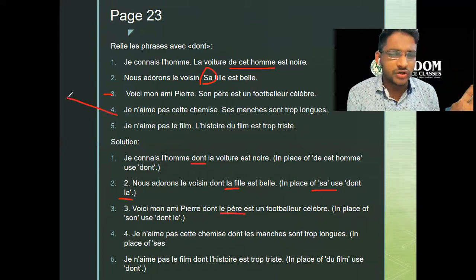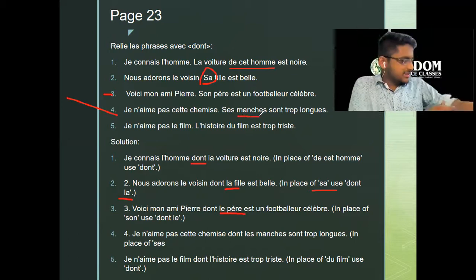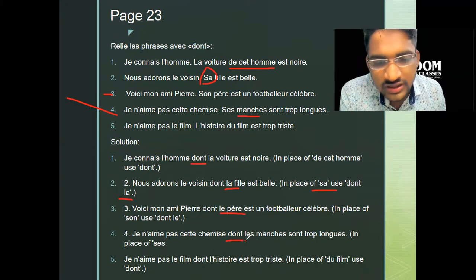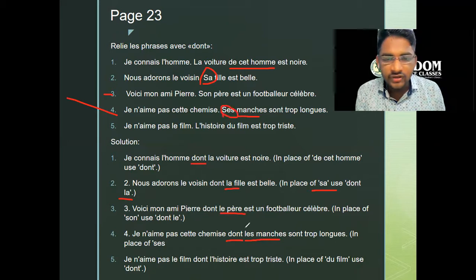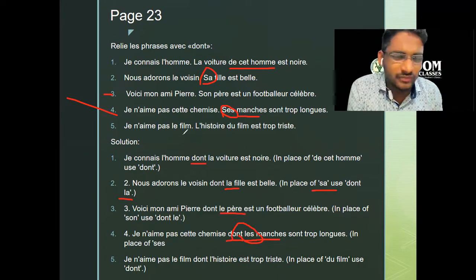I do not like this shirt। Ses manches sont trop longues, manche मतलब sleeves होता है, its sleeves are very long, so I do not like this shirt of whose the sleeves are very long। देखो वापस से स्टूडेंट्स एडजेक्टिव पॉसेसिव changes to definite article। Okay बच्चे लोग, great। Je n'aime pas le film, I do not like the film। L'histoire du